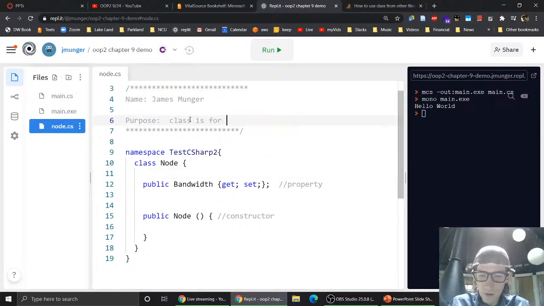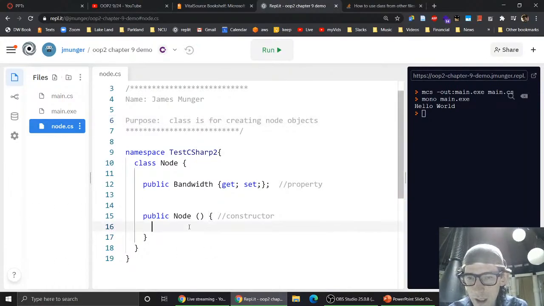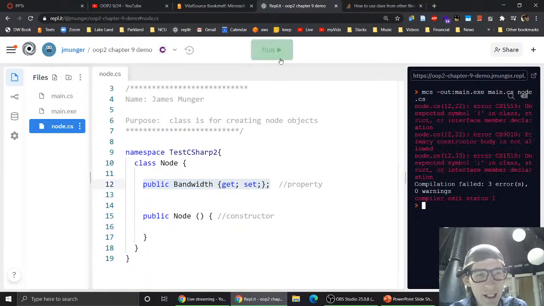Class is for creating node objects, and we'll go from there depending on what methods we want to use. Okay, so here we're saying this node class is going to have a